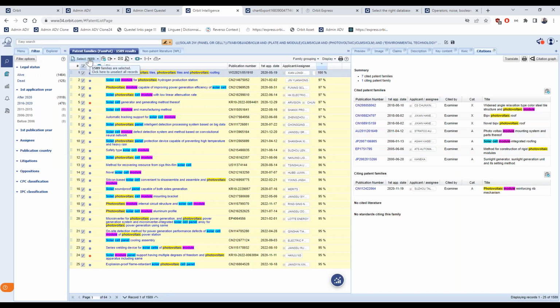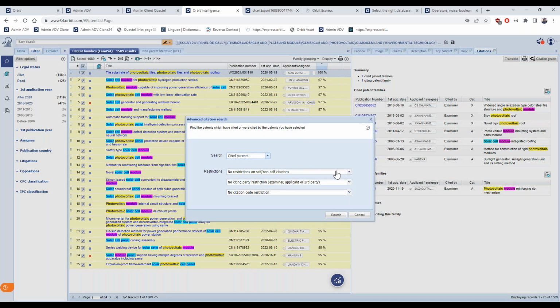And I do again the selection. This time I can opt for an advanced citation search. Here, for example, you can remove the self citations, non-self-citation.